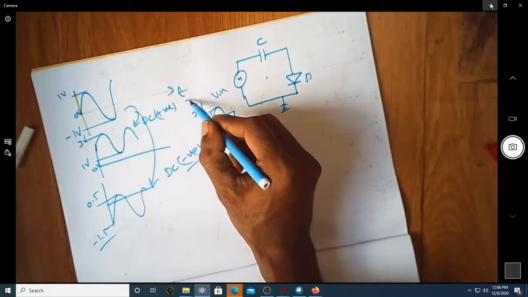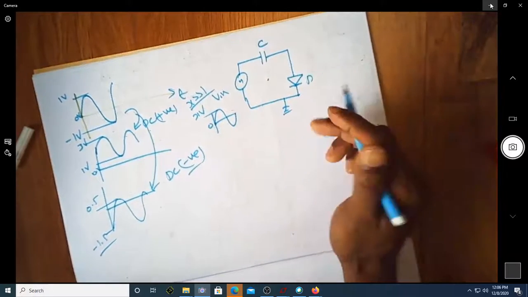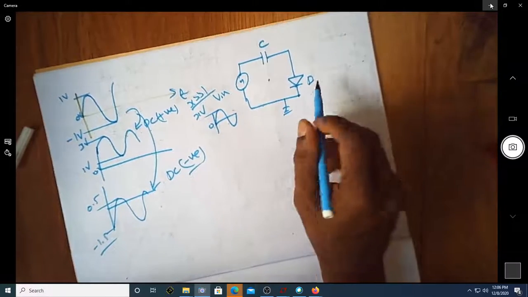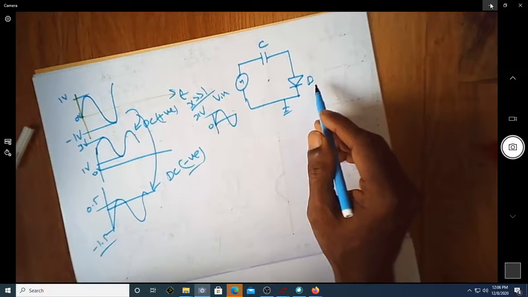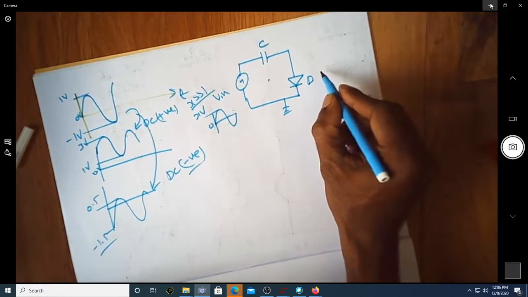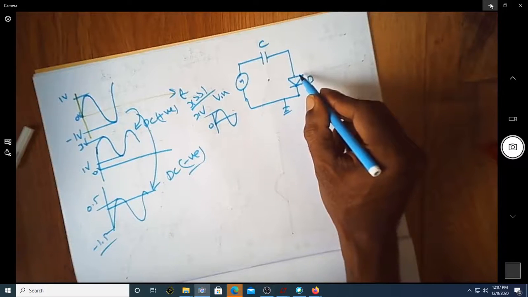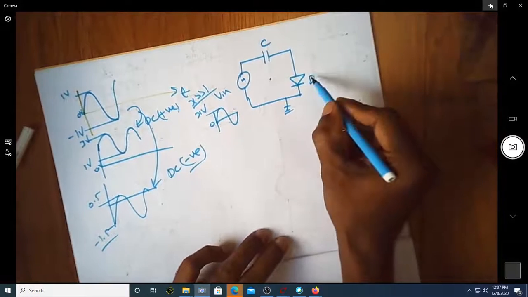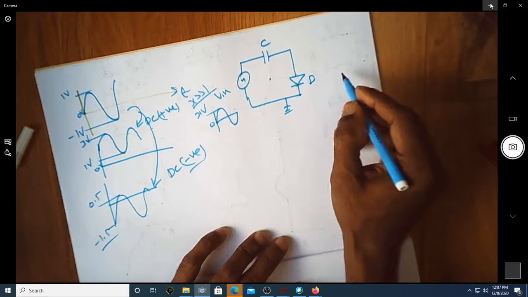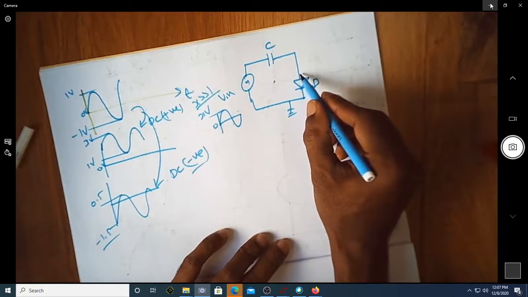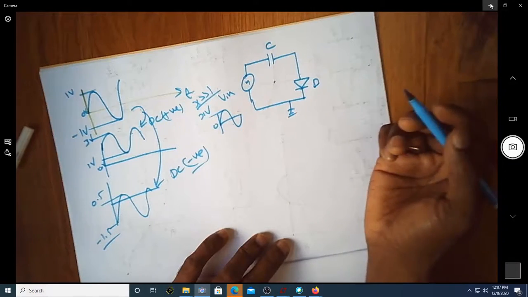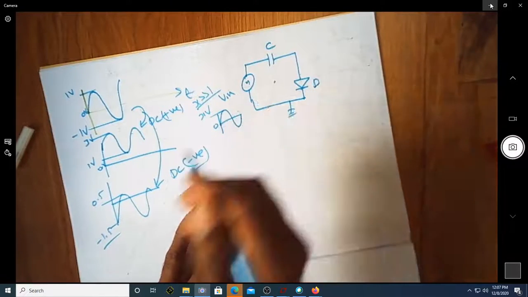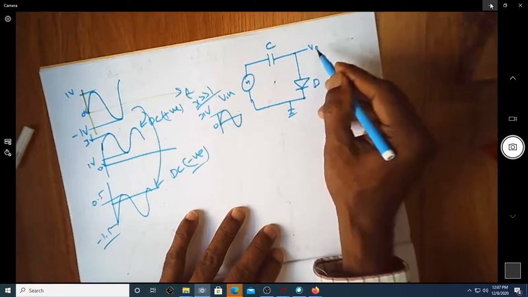Let us assume that this x volts is far greater than 1, so that this diode can conduct. For the time being, let us assume that this diode is an ideal diode, meaning that any positive voltage applied to this diode will start making it conduct. But in practice, this diode requires some V gamma, that is the cut-in voltage, to be applied between anode and cathode so that it starts conducting. So let us assume that we have an input voltage which is increasing from 0. Let us see how the output voltage looks.